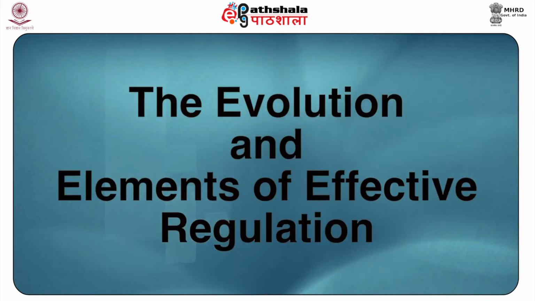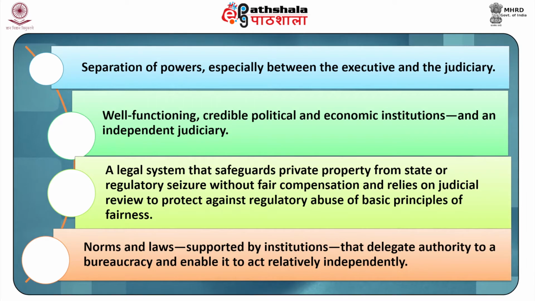Next is the evolution and elements of effective regulation. Credible, stable regulation is required to achieve the benefits of privatizing and liberalizing infrastructure. Many developing and transition economies lack the institutional prerequisites for effective regulation, including separation of powers, especially between the executive and the judiciary, well-functioning, credible political and economic institutions, and an independent judiciary, a legal system that safeguards private property from state or regulatory seizure without fair compensation, and relies on judicial review to protect against regulatory abuse of basic